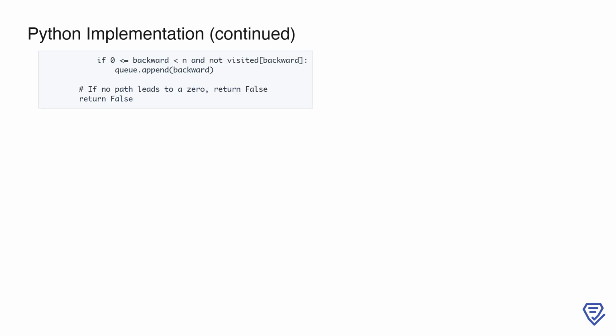Similarly, we calculate the backward jump by subtracting the value at the current index from the index itself. If this backward position is within bounds and hasn't been visited yet, we enqueue it as well. By continuing this process, the algorithm explores all possible paths from the starting point using BFS. If the loop completes without finding a zero, we return false, indicating that no valid path to a zero exists. This approach ensures that we systematically explore all reachable indices and avoid revisiting positions, making the solution both efficient and